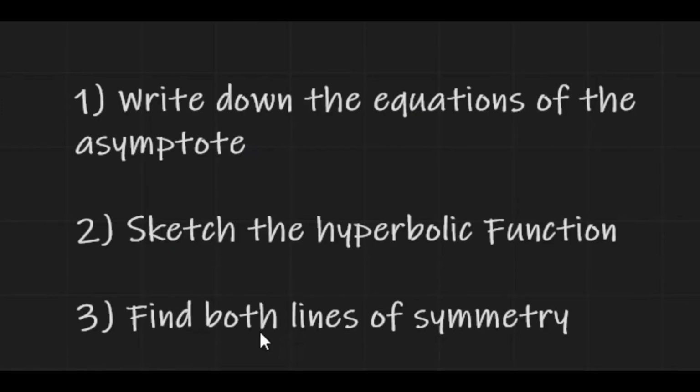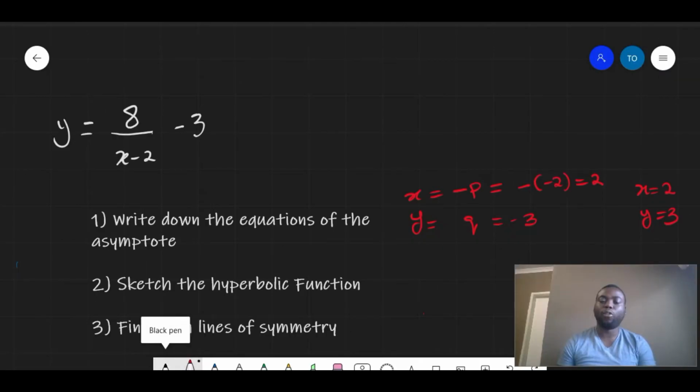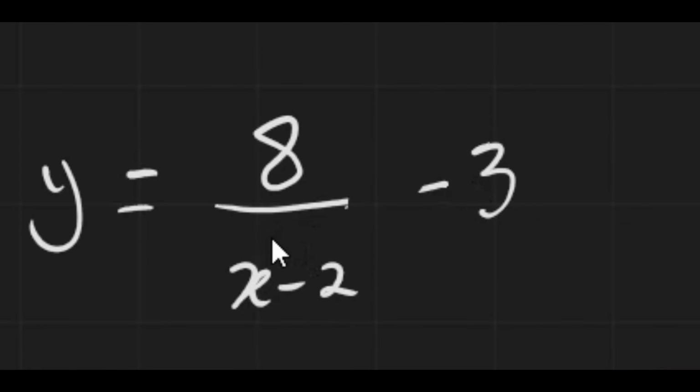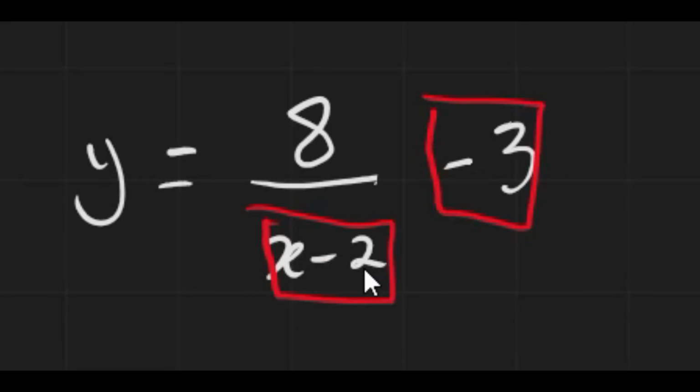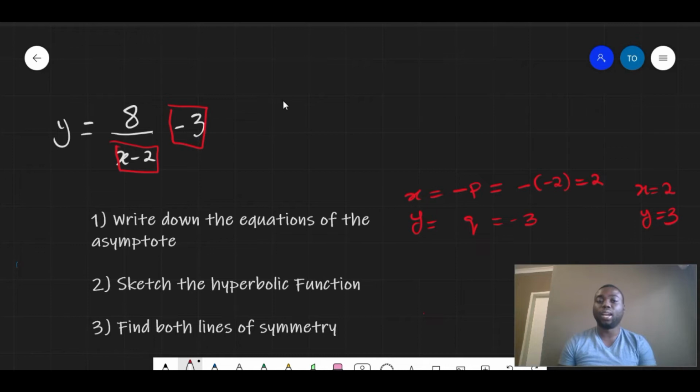And finally, the last question here asks us to find the lines of symmetry. Now, for us to get our lines of symmetry, what I normally like to do is use this to help me get my lines of symmetry. Those two values there, which is x minus 2 we have in our denominator and our q there to be -3. And to get our lines of symmetry, the formula that we use is,